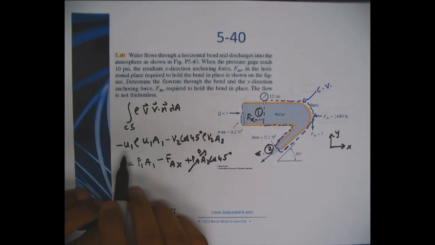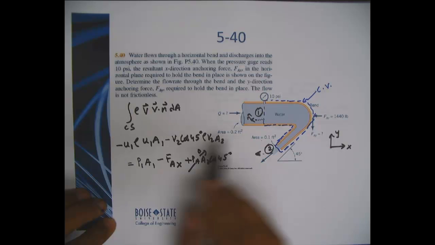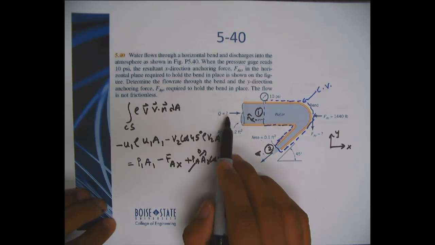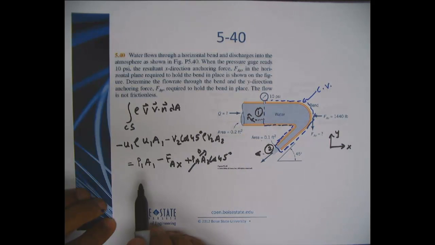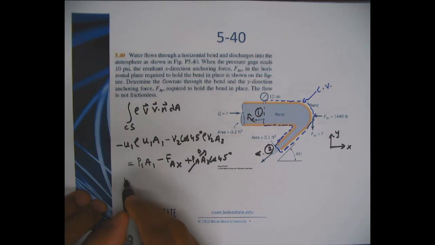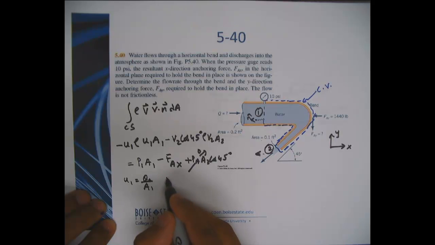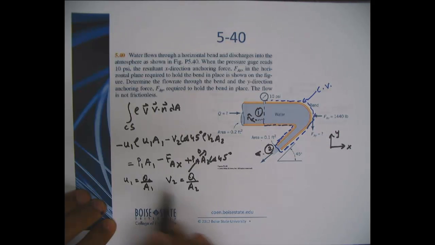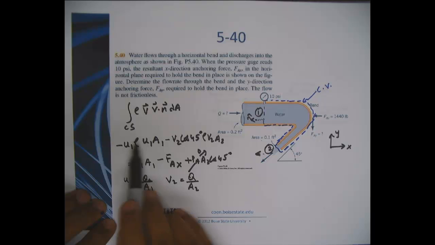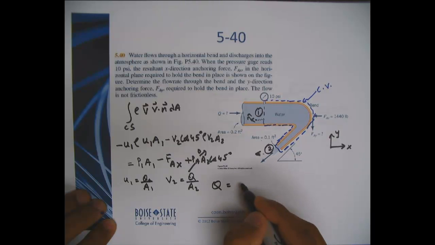Okay, so here we don't know u1 and v2. We don't have to worry about it because we can use the conservation of mass principle, saying that the flow rate at section 1 will be equal to section 2, which will be some q. So I can write u1 as q over a1, and v2 also as q over a2. If you put in all of these, now you would see that q will be the only unknown. We have one equation, one unknown. So if we solve it, q should be